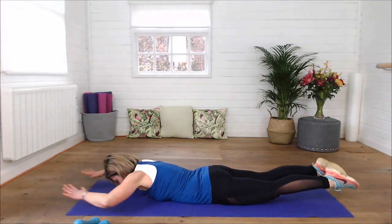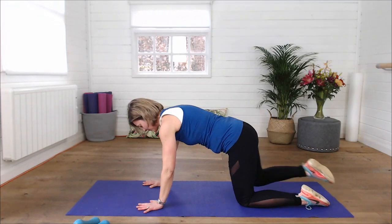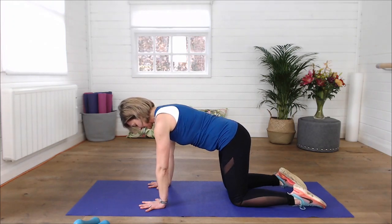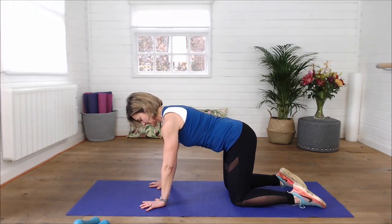One more, and then place the hands onto the floor. Excellent, so we're going to bring our bodies up, coming onto all fours. Spread the fingers, push into the heels of the hands and the fingers. And just taking your hips over your knees and then flatten your back. So your back wants to be flat. All right, so from here,